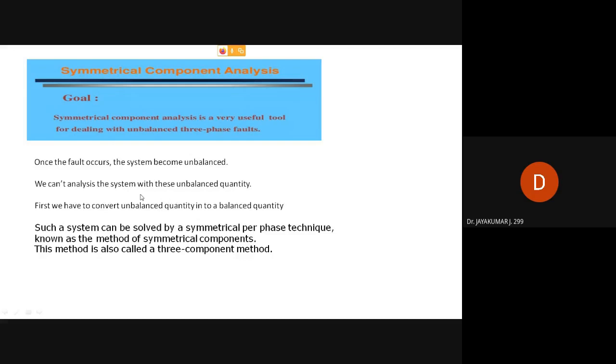Once a fault occurs, the system becomes unbalanced. For example, in a machine, a generator or induction machine is running, and a short circuit occurs between the R phase and Y phase, or the R phase to ground, or all three phases short circuit. Some fault occurs in the machine or in a particular load. Immediately, what will happen? The system becomes unbalanced. Unbalanced means, see here, unbalanced means